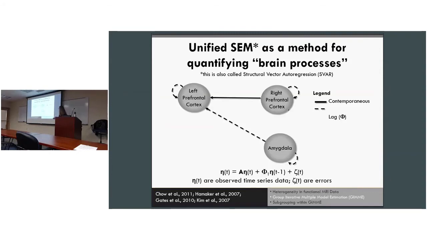And here, for those who feel more secure with the quick equations and want to see it formally, we have A being the contemporaneous matrix, phi being the lag matrix of effects, and eta being our observed variables, and then we have theta, our errors. And so, yes? Just, so when you have contemporaneous, but you have an arc, what is the arc indicating there?